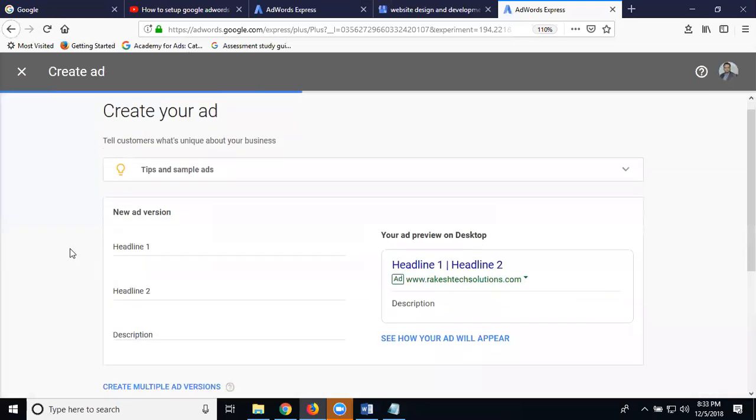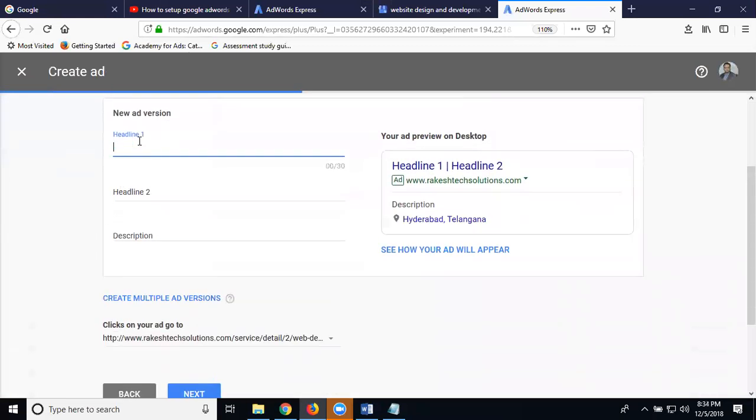Now, what is the first one? Headline 1, headline 2, and description. Every headline 1 and headline 2 previously accepted 25 characters, now accepts 30 characters. Definitely an interview question: what are the two differences between the first time and this time? Previously it was only for local business purposes; here it is Google AdWords. Now, local business means nearby your business, and state, cities and countries.